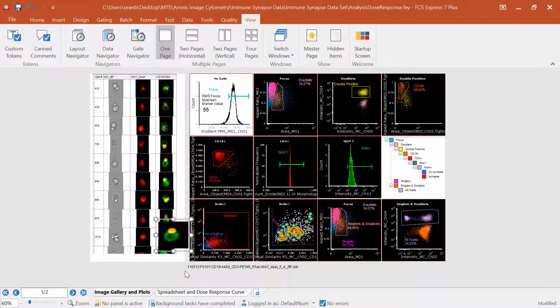So if you wanted to show a little image of this cell over here on top or next to this synapse plot, to show you what cells in this gate look like, you can simply get that into position and you can choose that as part of your report. So again, moving these images into and out of the data grid, you can just drag and drop, and again,